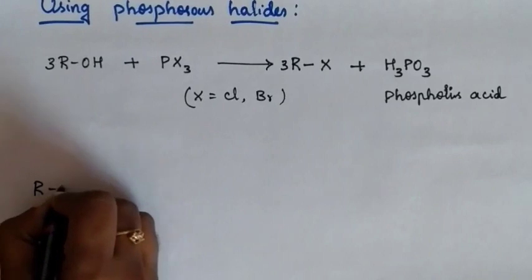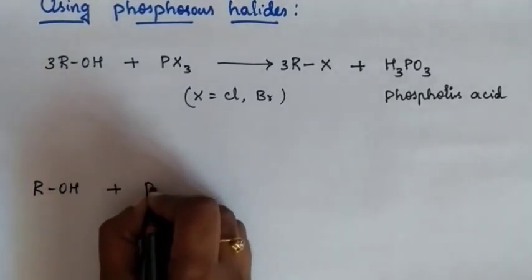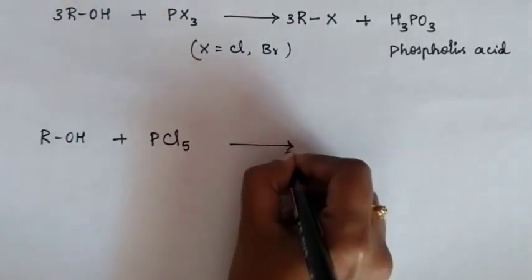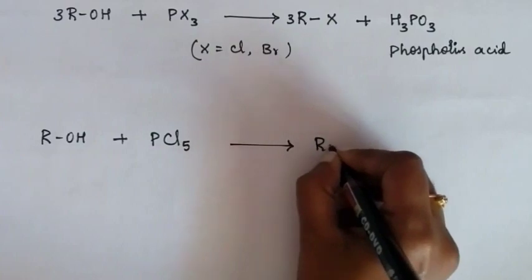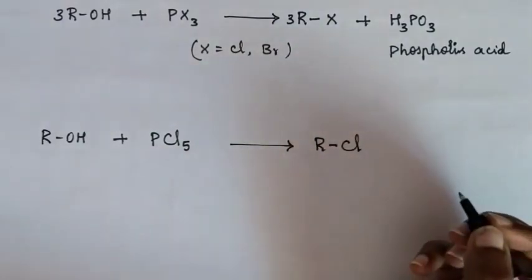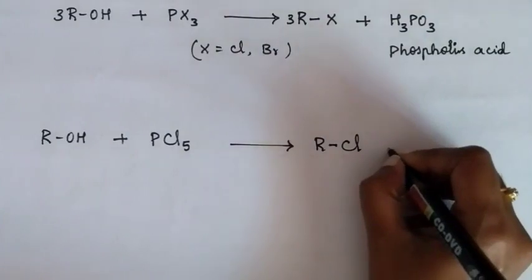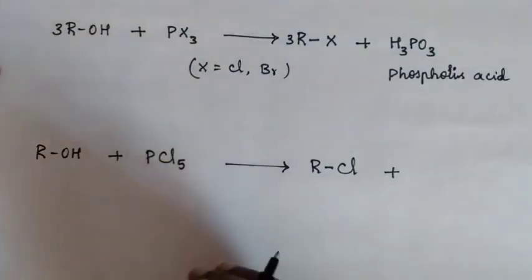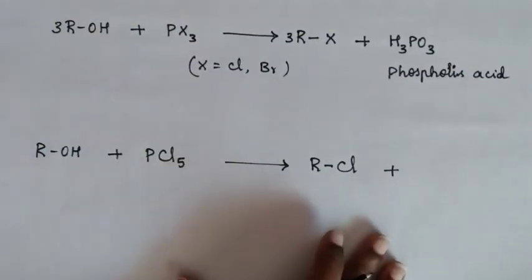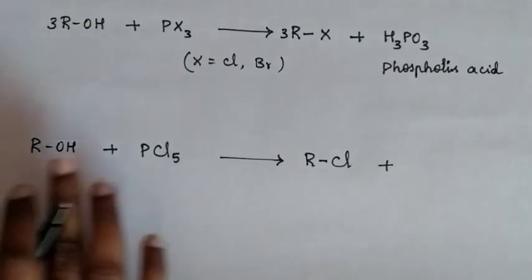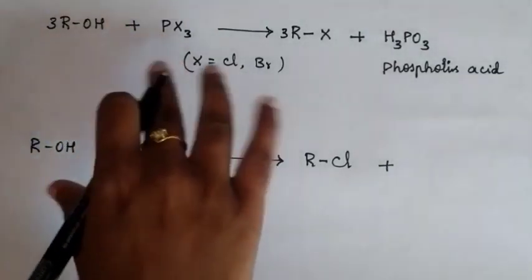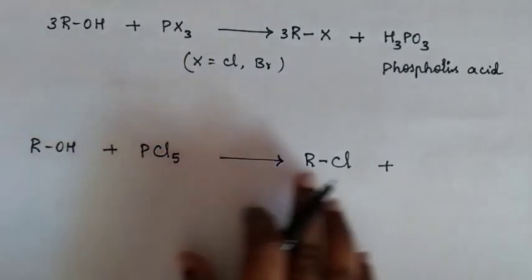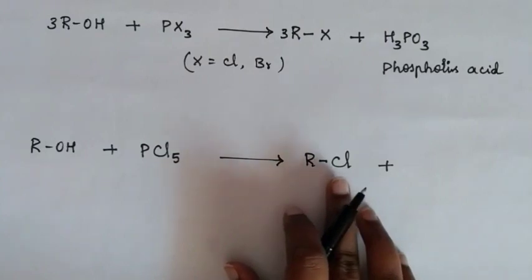When you treat alcohol with PCl5, phosphorus pentachloride, what are you going to get? We'll get alkyl halide, that is for sure. So RCl will be there on our product side as a main product. It is not like here, where 3 halogens were there so we wrote 3. Every reaction is going to follow different rules and different methods. In this process, we are not going to follow that way. That was just a logic to remember how the product is going to form. ROH plus PCl5 will react together to form RCl, which is alkyl chloride.